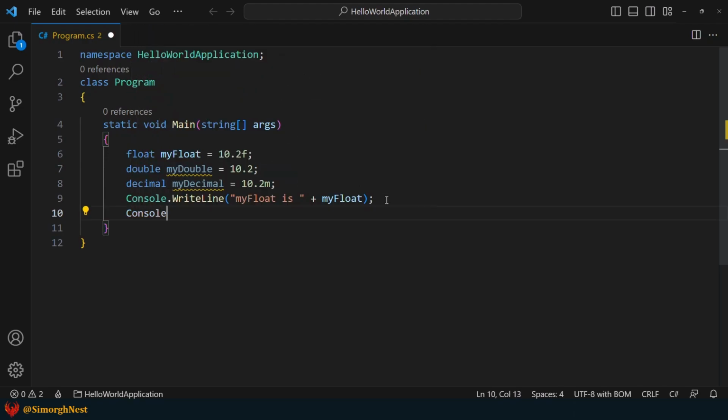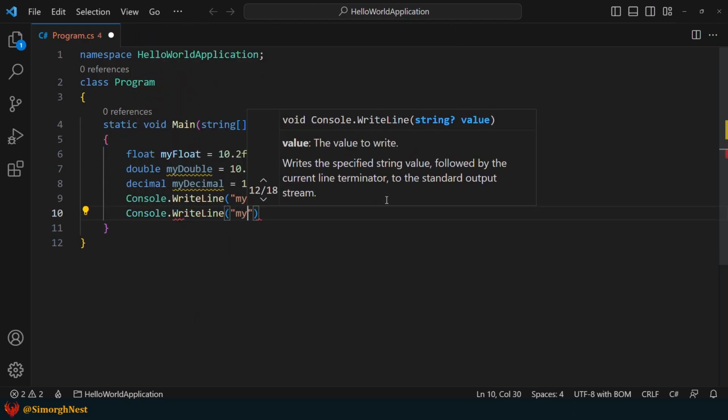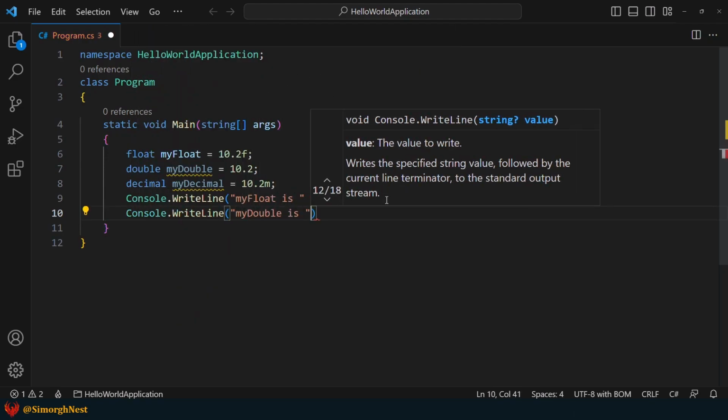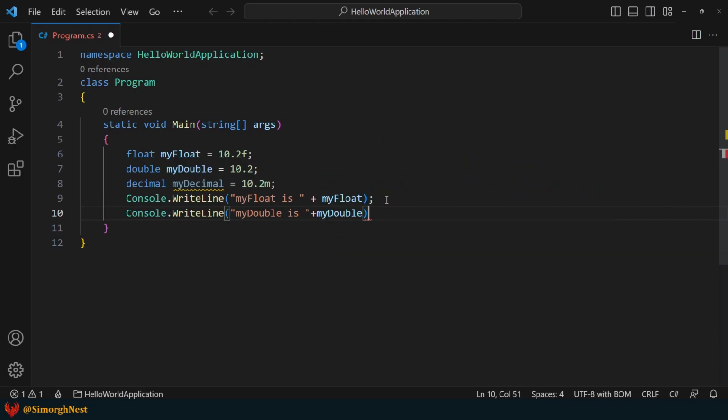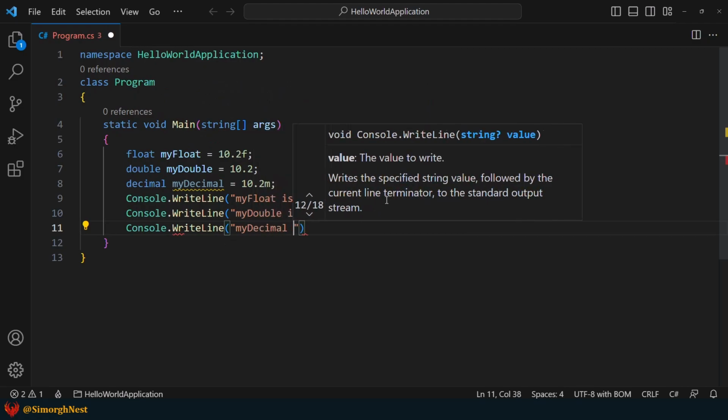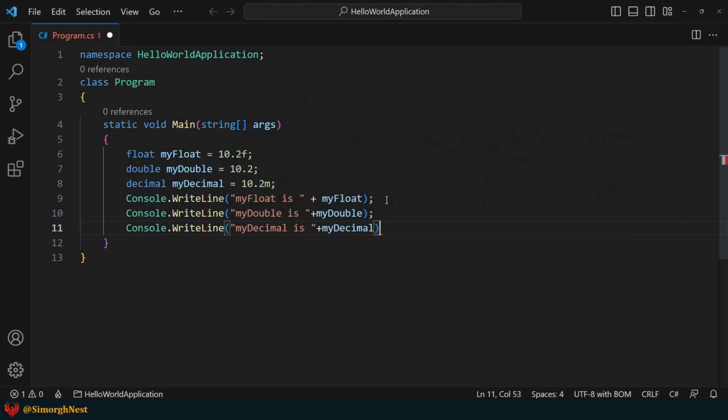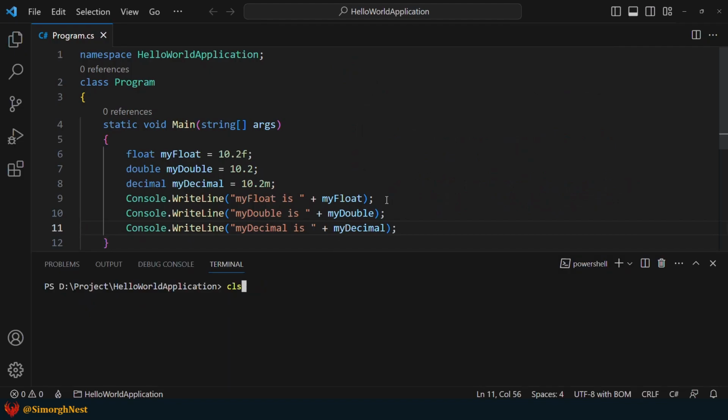Let's display them in the terminal and see the result. Save everything up and try it out. As you can see, each of these types displays the same result.